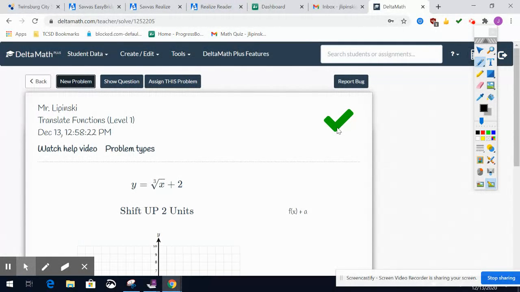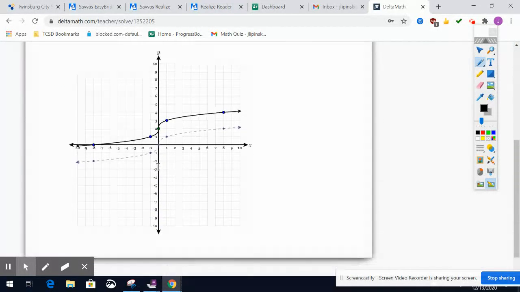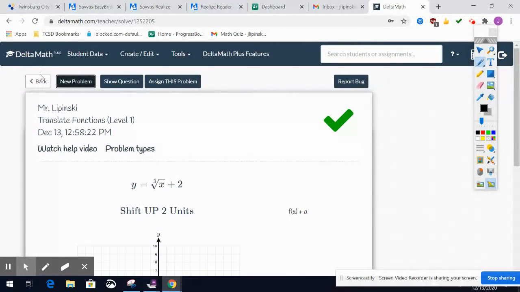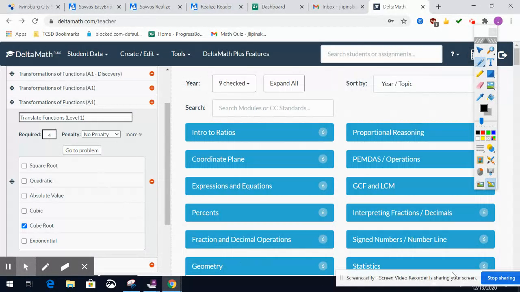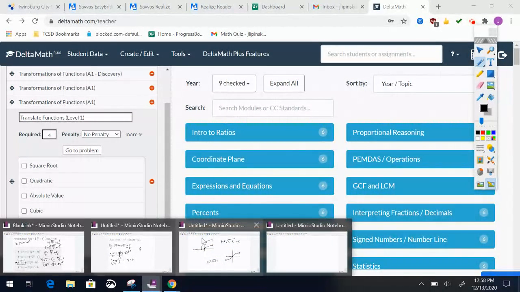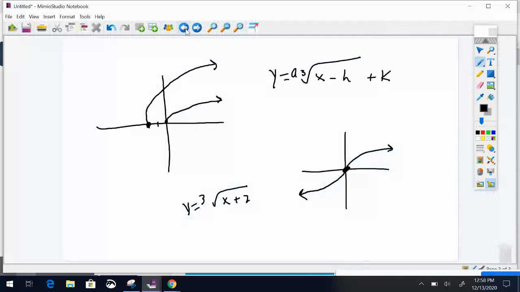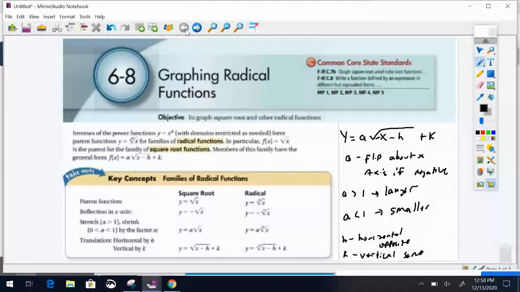So I think this should be a pretty simple section. It's dealing a lot with H and K. Don't forget that if the X is inside or underneath the radical, it's going to flip it about the Y axis. So it kind of shifts it over this axis here. But I think this should be a good last section for chapter 6. That'll kind of lead us into break here as we do a quiz over the 6.4 through 6.8,